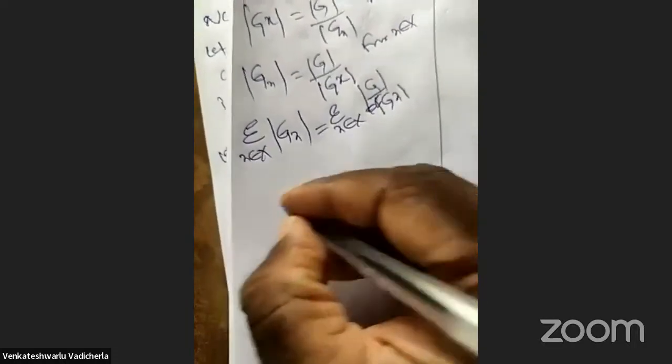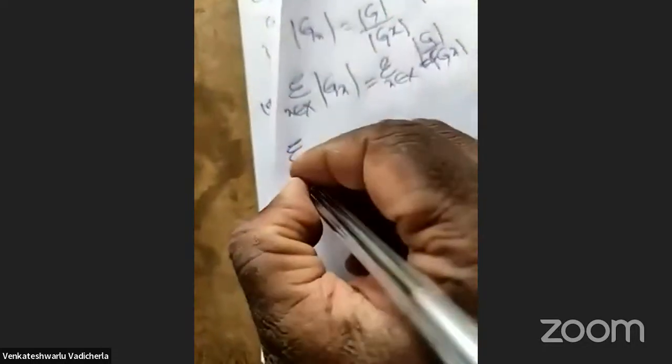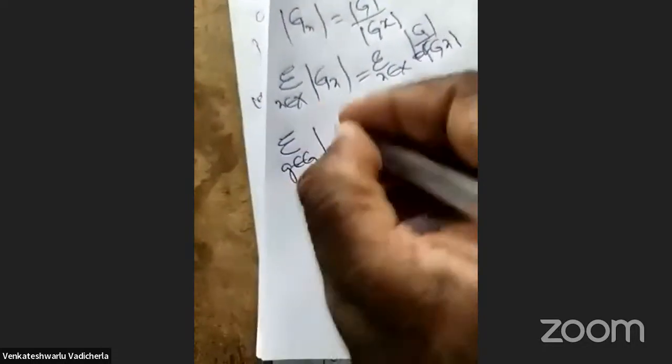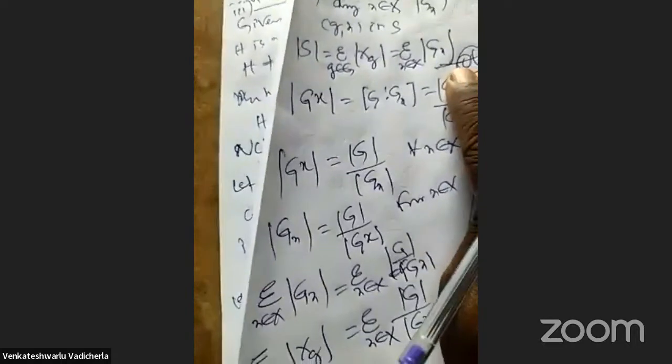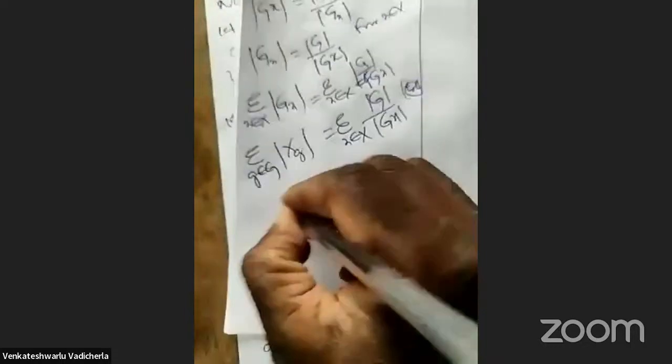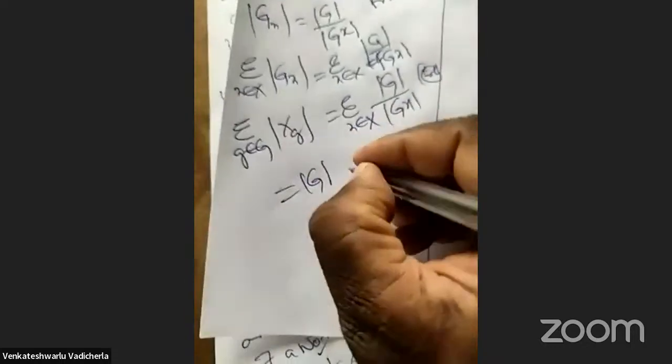Again, the summation over fixed small g of the order of X_g is equal to the summation over x in X. Those two are equal, by equation 1, which I already took. Both are equal, so take order of G separately: the summation over small x belonging to capital X of 1 by the orbit of x